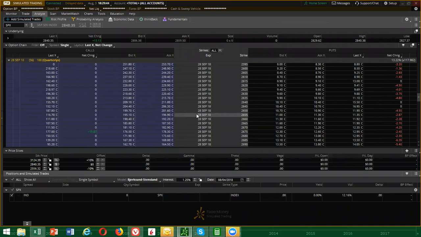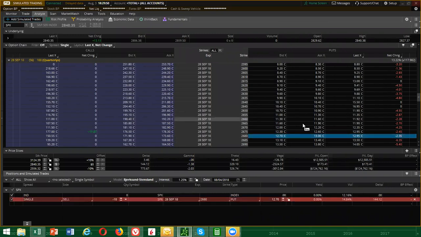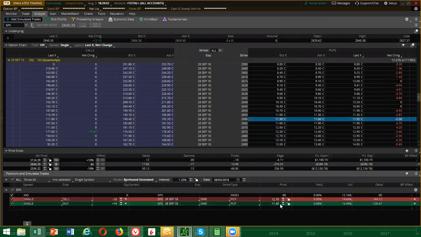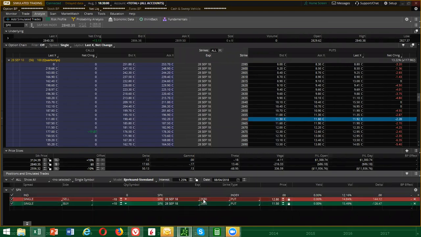So let's look at these 2680s. We're going to sell the 2680s by the 2660s. We'll lock them up. Okay, we're generating about $1.30 for this credit spread. So it's a 20-point credit spread, $1.30 credit. It's $130 on a $2,000 capital requirement. So it's approximately 5%